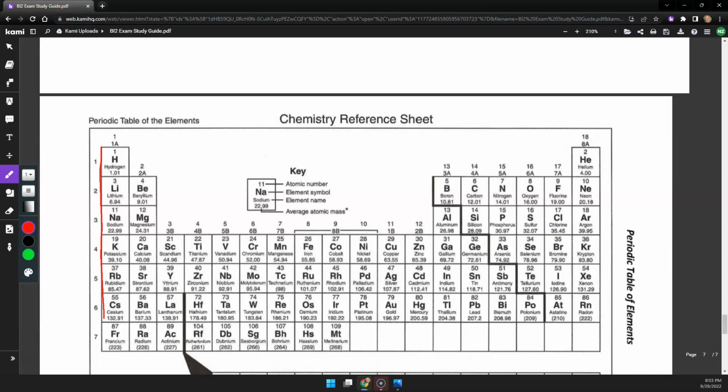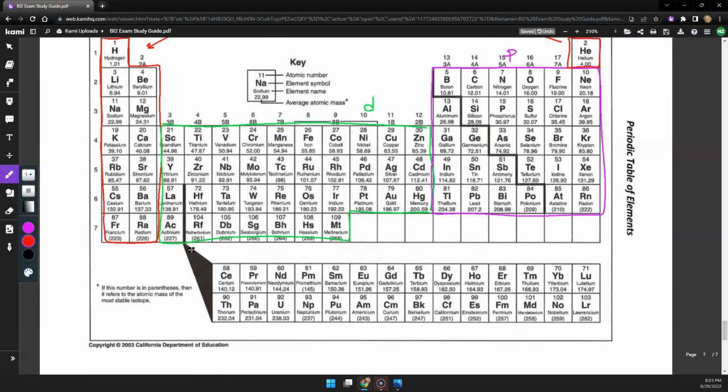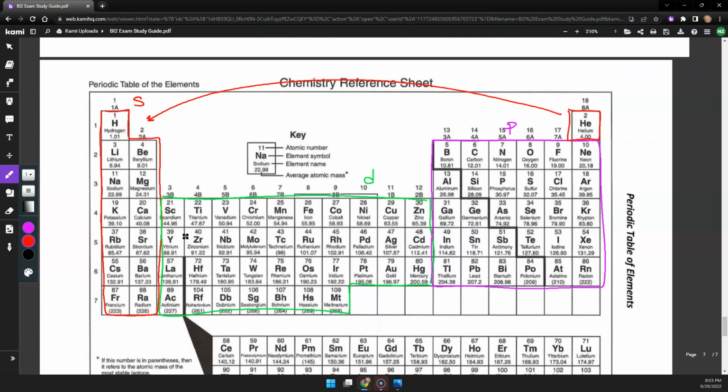Okay, so let's just go ahead and label this. This is our S block. In the middle here, this is our D block. And then on the far right here is our, whoop, I made a mistake. Let's fix that. Helium is actually part of the S block. It looks like it's part of the P block, but it is part of the S block. So this actually fits in right there. Okay. Down below we have the F block right here. This fits in on our periodic table right here, but we are not going to see anything on the F block